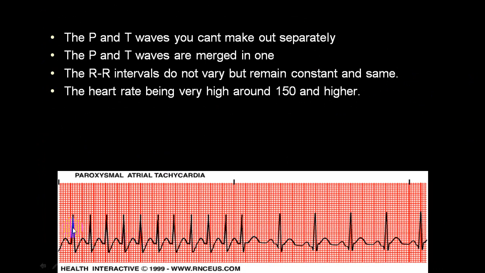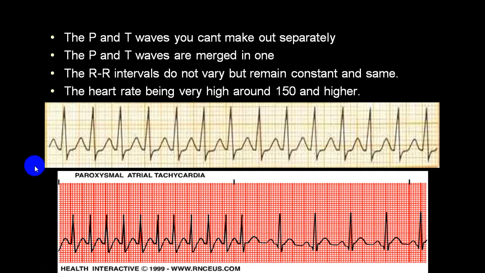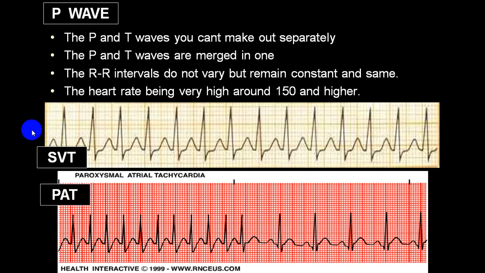Now you can see here, there is a run of tachycardia, and then there is a slow rate. This run of tachycardia we call paroxysmal atrial tachycardia or paroxysmal supraventricular tachycardia. Here also, you can see the rate is more than 100 per minute, almost 150, more than 150 per minute. So this is supraventricular tachycardia. You can call this paroxysmal because this is a paroxysm, and then there is a normal rate.